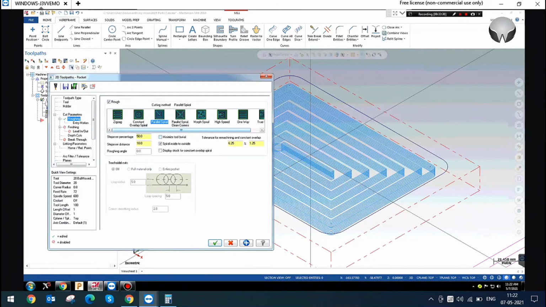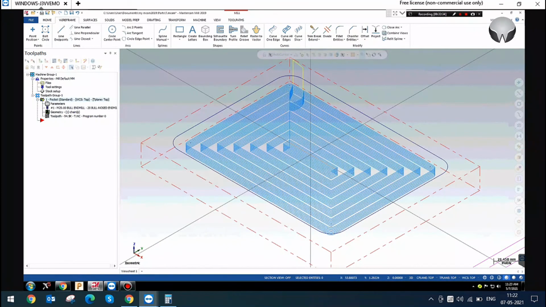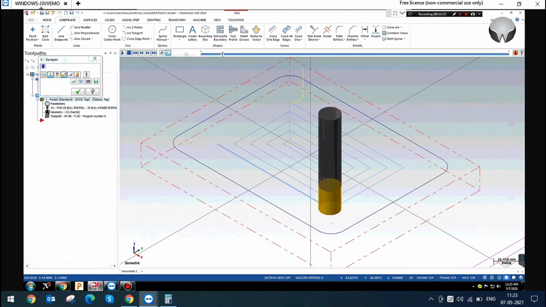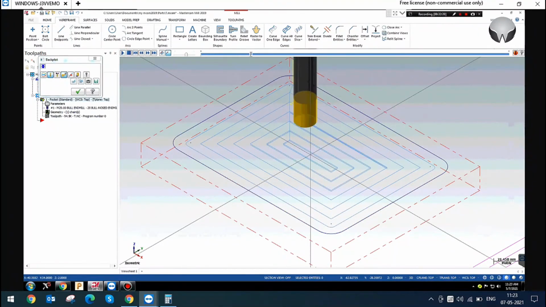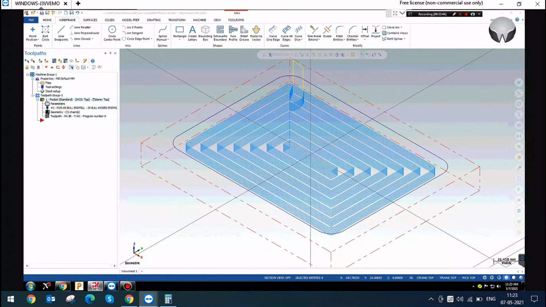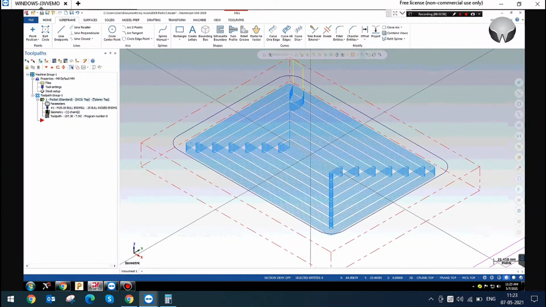So next, the parallel spiral. You can simply use this option. This is also an effective cutting method. Yes, this is a parallel spiral. And the next one is parallel spiral clean corner.